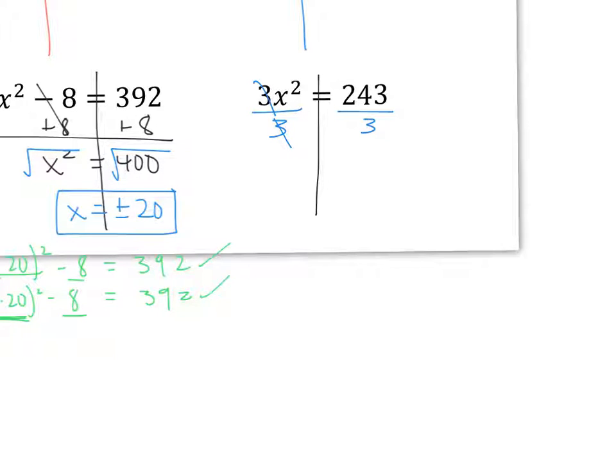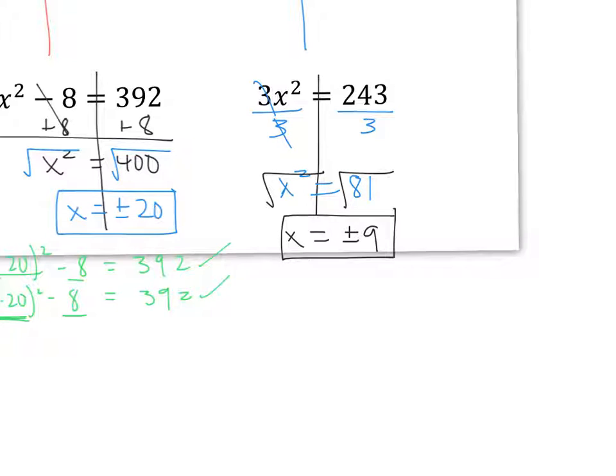Then I'm left with, on the left-hand side, x squared is equal to, and 243 divided by 3 is 81. That turned out really nice because now if I take the square root of both sides, 81 is a perfect square, and the square root of 81 is plus or minus 9. And so that would be our answer here to that last